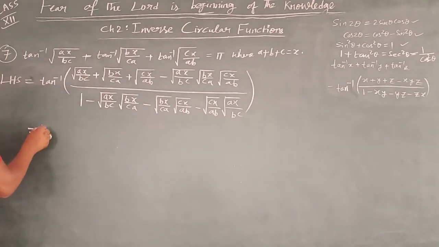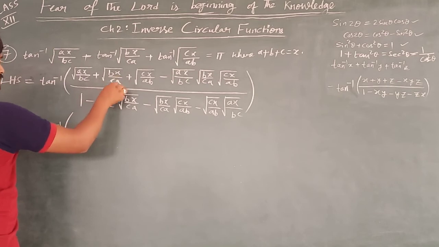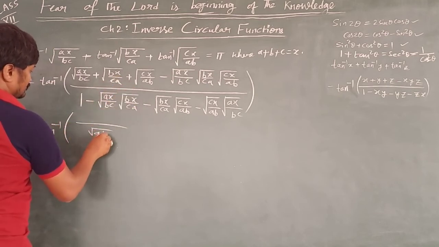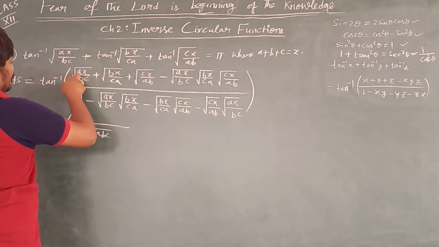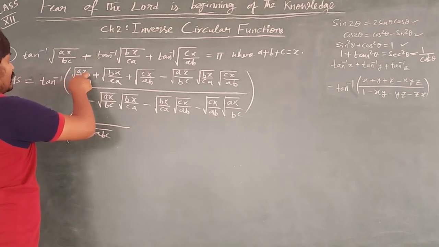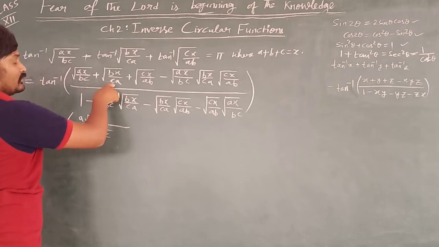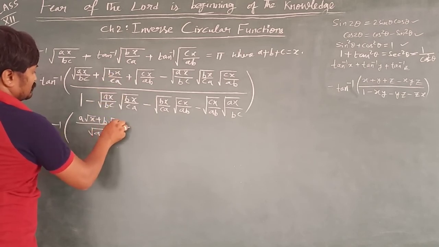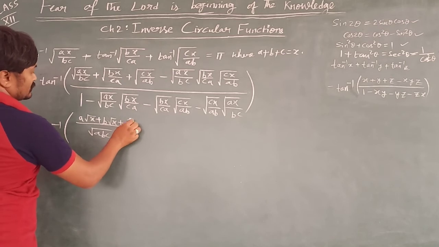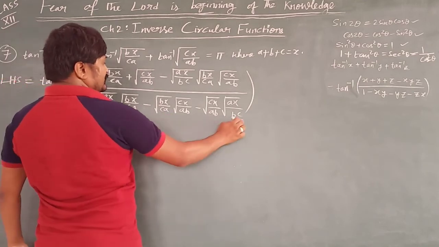After substitution, just observe the tan inverse. Now observe carefully what should be the LCM here. If I take the LCM as root abc, then what do we get? Here bc is there, what is not there? A is not there, so root a. Root a into root a is nothing but a, and root x. So right here, a root x. Plus the same method here also: b is not there, root b into root b is b, and then root x. Plus the same method here: root c, root x.